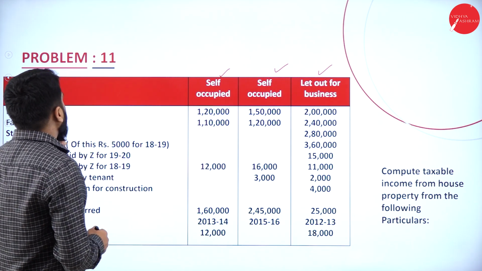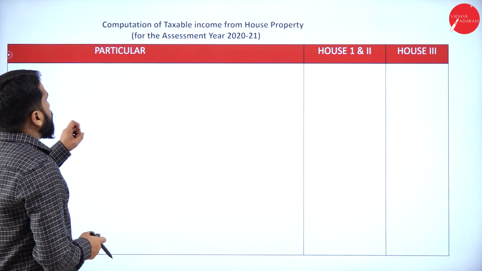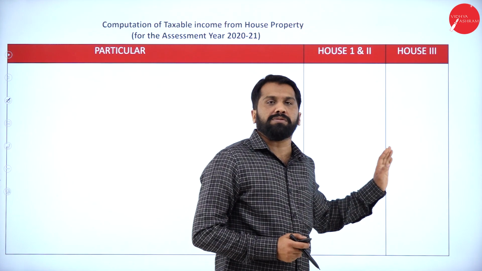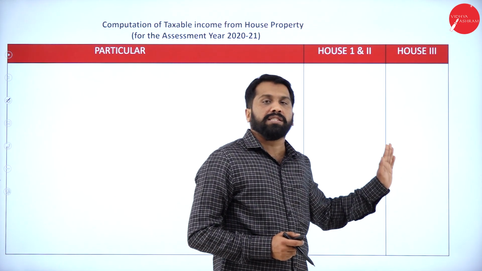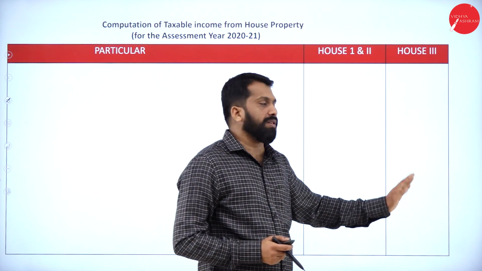Now, problem number 11, as per this, see your answer, particular house 1, house 2 as well as house 3. Shall we do house 1? No. Shall we do house 2? No. Shall we do house 3? Yes. Why? Because